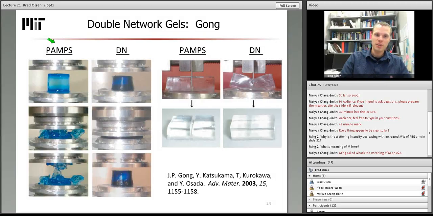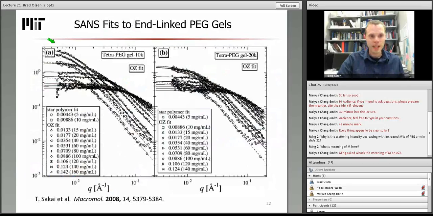But when the networks coexist in the appropriate way, you can get to this very, very high mechanical toughness essentially by the interweaving of the two networks together. And neutron scattering can give us some insight into particularly why this mechanism leads to toughening in these types of hydrogel materials. But before we go on to that, we have a follow-up question from Ming, who asks, what is